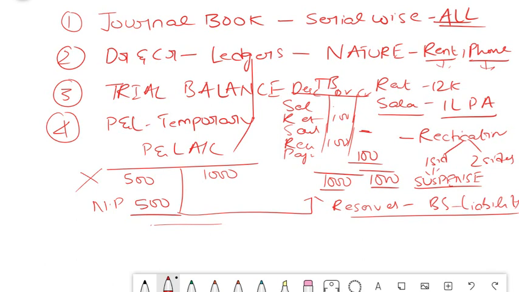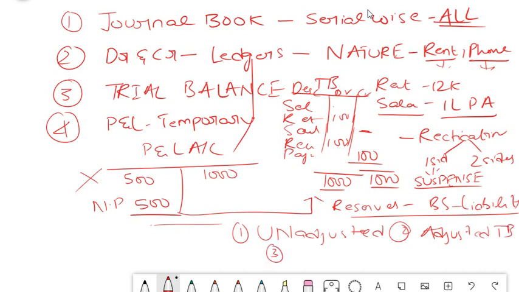So this is called the post closing of trial balance. The first step is your unadjusted trial balance, which means direct ledger balances go into your TB. Then we post the adjustment entries. The second stage is called the adjusted trial balance, and the last step is called the post closing trial balance. That means after all the P&L or nominal account balances are nullified in your TB, because the net profit goes to your balance sheet, there will no longer be any P&L balances.